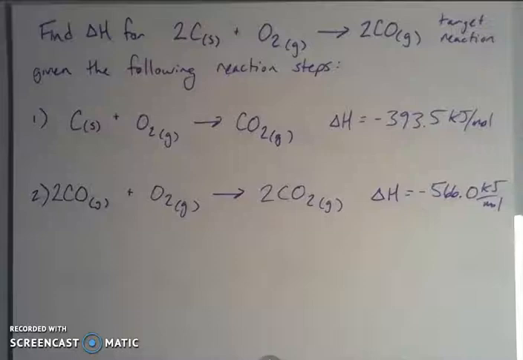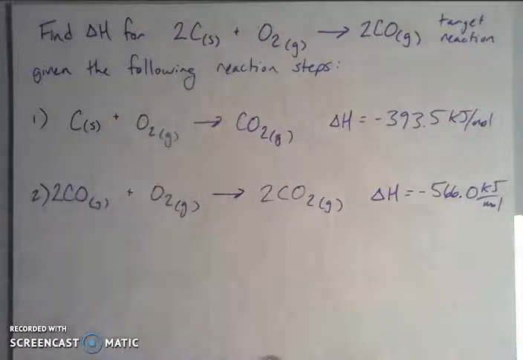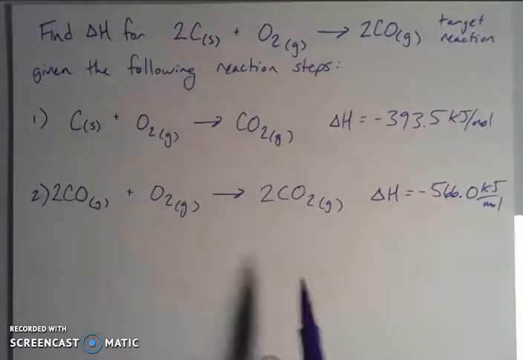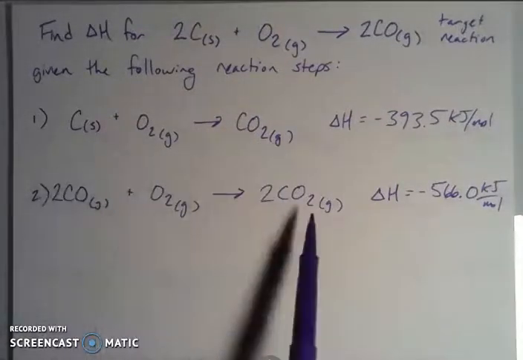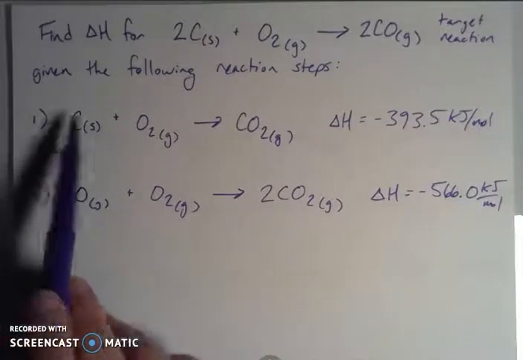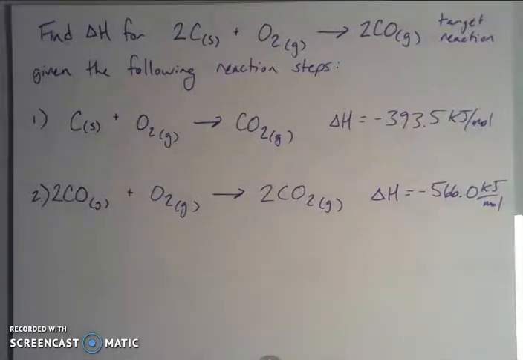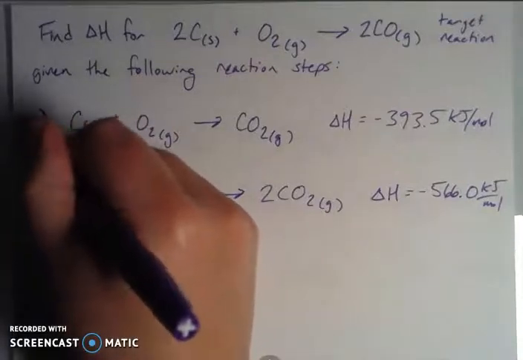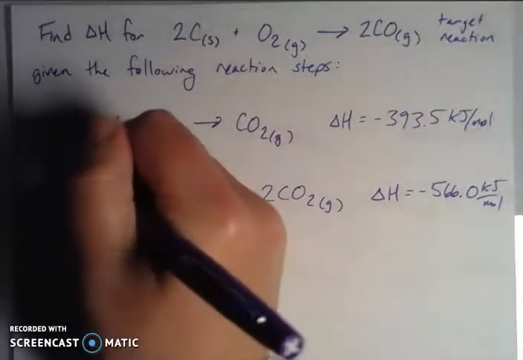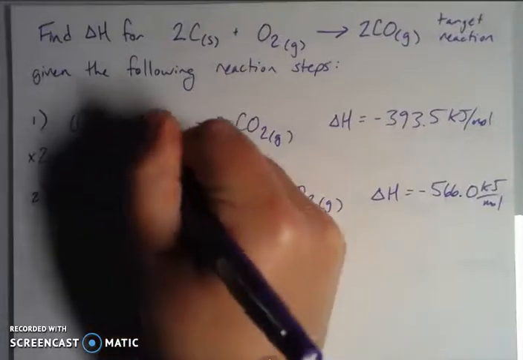So if we look at this thing, we'd say, I need 2 carbons to react with 1 oxygen to give me 2 carbon monoxides. The only place that I see carbon here, if I'm just looking for the unique thing, is in reaction 1. So I only have 1 of them though. So in order to get to 2, I bet a good place to start would be to multiply the whole thing by 2. So if I multiply this whole thing by 2, then I end up with 2 carbons, 2 oxygens,